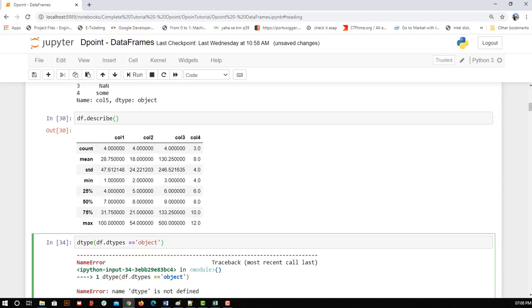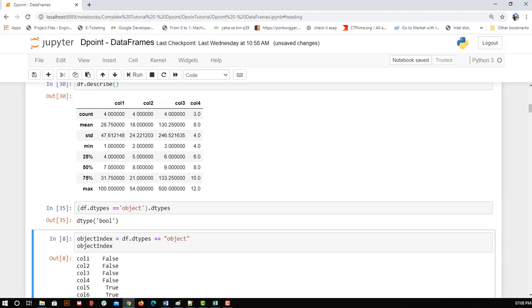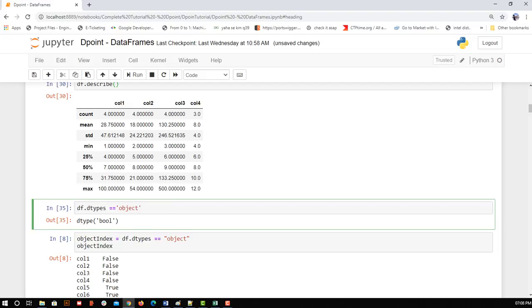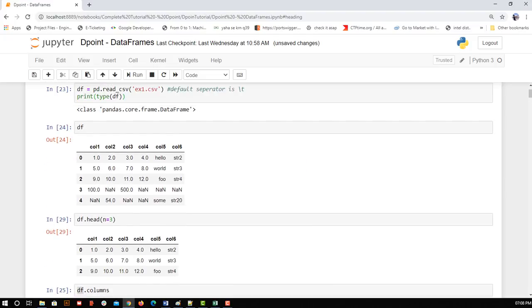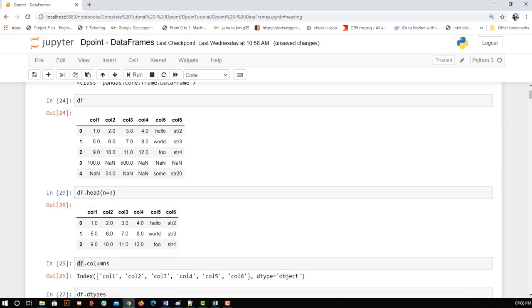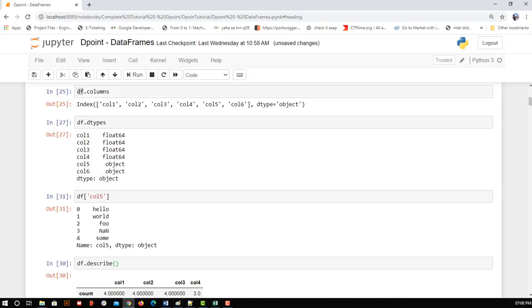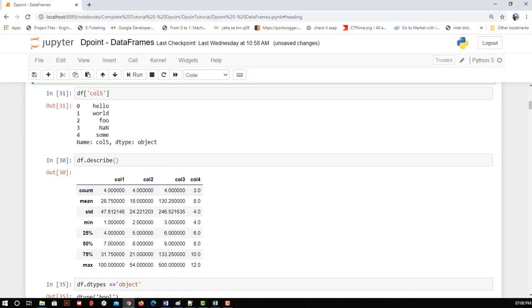Maybe I need to write it here, dot dtypes. You can see this is a bool, maybe it is applying on a value. That's fine. Let me see how we did df data types, that is on data frames, not on series.